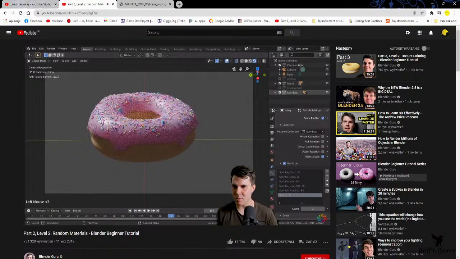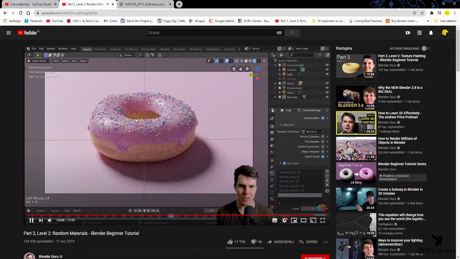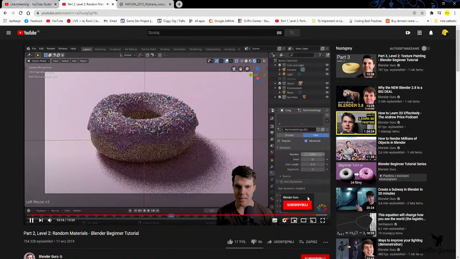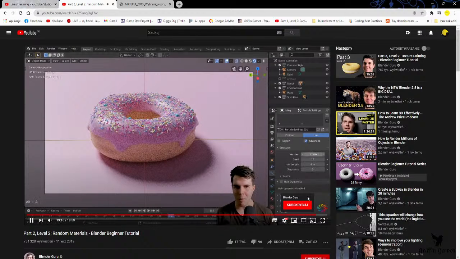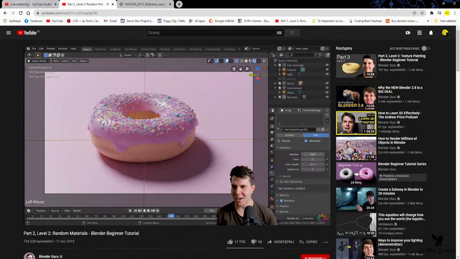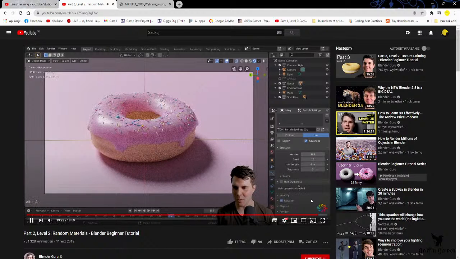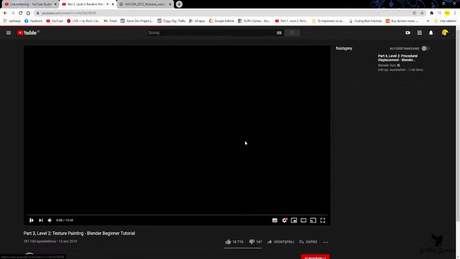All right, let's bring back the environment. Let's just see how that looks. There you go, guys. That's the sprinkles. The amount of sprinkles, that's probably the other really big one, is the number on top there. And there's no right and wrong answer. It's really like some donuts have a few sprinkles and they're really big and chunky, right? This tutorial